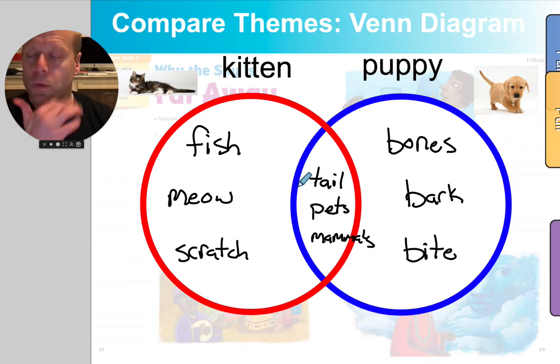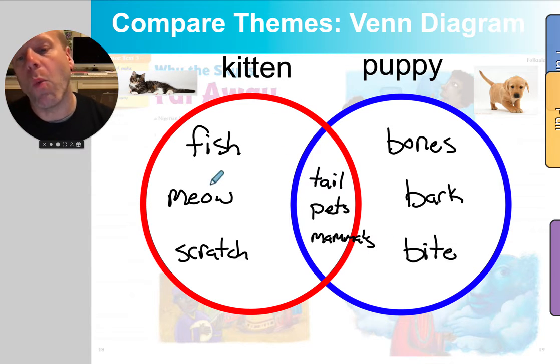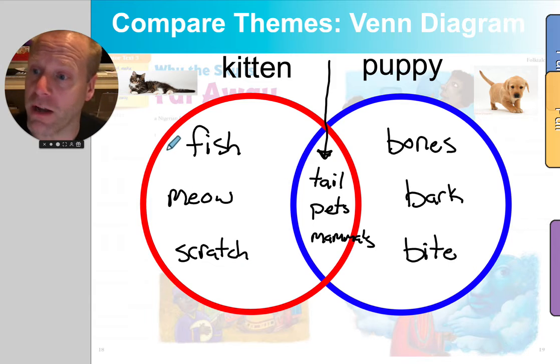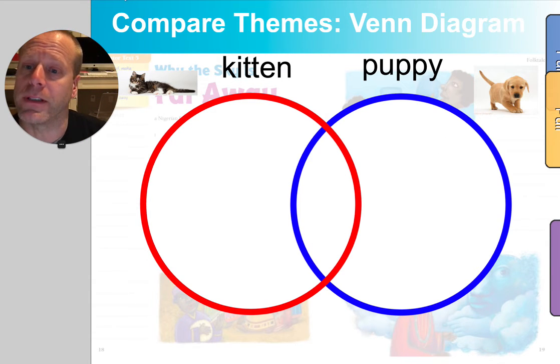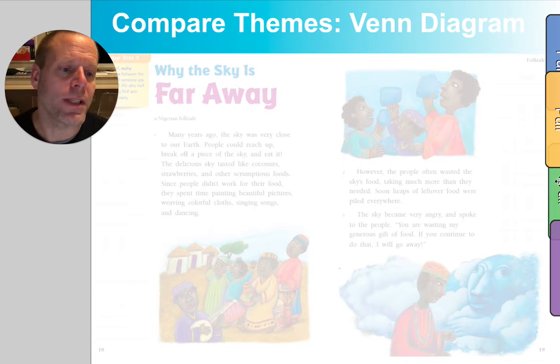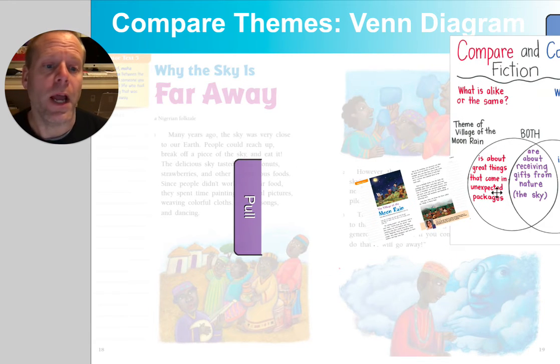Now, notice where I put my details. On one side, I put the things that are different. See? On the other side, I put the things that are different. But right here in the center, I put down some things that were the same about both of these. So we're going to try to do that same thing with the themes that went with our folk tale. Here we go. Let's see if we can't use a Venn diagram to compare what's the same and what's different